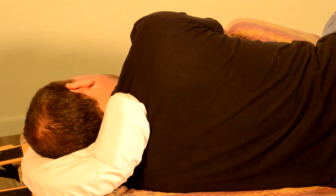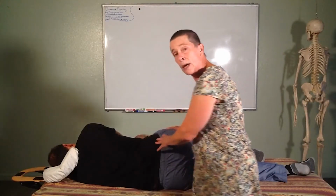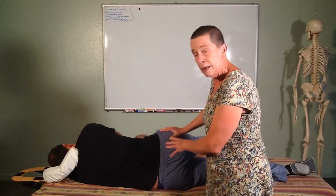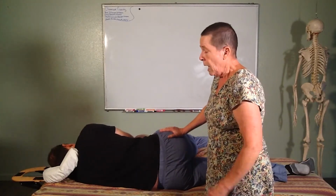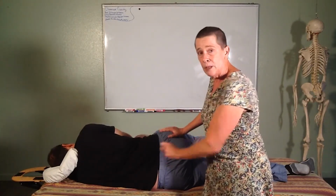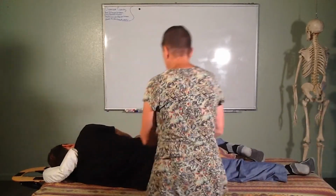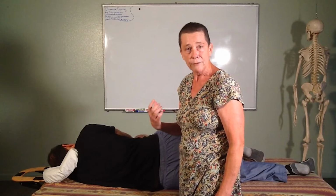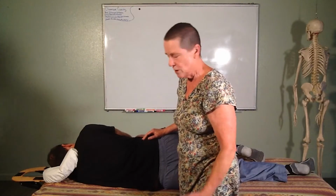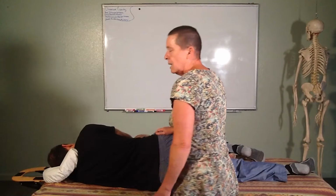Okay, so we're going to do a spinal twist. That means I'm going to stabilize the hip, and I'm going to rotate so the shoulder comes back. I prefer my body to be on the same side as the table because my body is going to be a block. If I go to the other side and push his shoulder away, which might give me a little bit more leverage, there's just the smallest possibility of pushing them off the table. So I'd rather have my body blocking their way. So I'm going to have one hand,